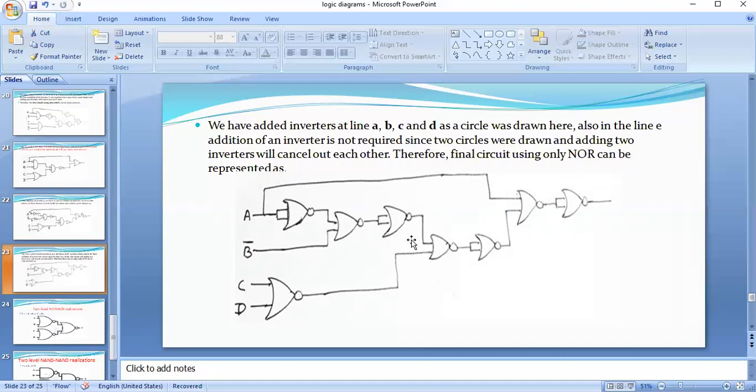Or if you want to implement the given Boolean function using NOR gates, the first step is the same. You have to draw the logic diagram using basic gates: AND gate, OR gate and NOT gate. After that, you have to place a bubble at the output of each OR gate and the input of each AND gate. After that, you have to replace each bubbled AND gate with a NOR operation. So finally we get the circuit using only NOR logic. Okay, so this is the conversion from AOI logic into NAND logic and NOR logic.